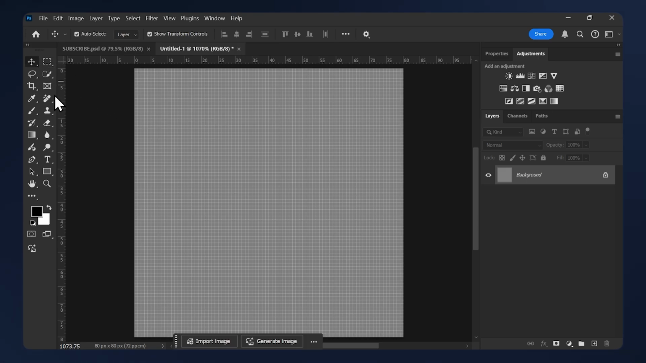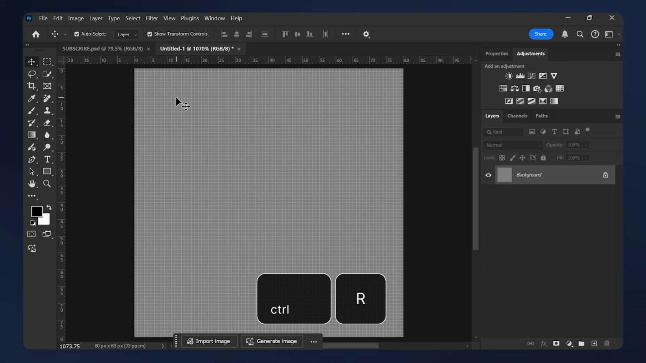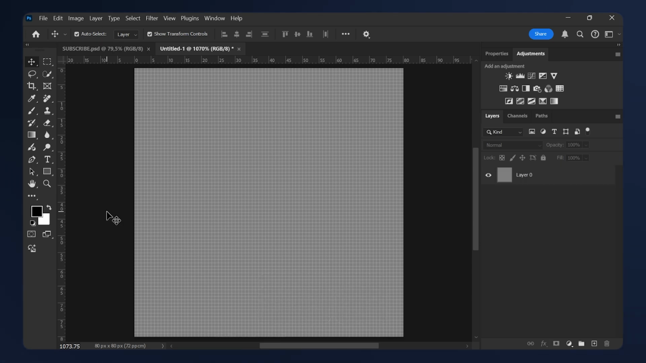We need to bring up our guides here. I already have them up, so if you don't see them, hit Ctrl R on your keyboard or Command R. Now we need to drag a vertical guide, just hover over them, hold left click and drag. The canvas is 80 by 80, so we need to put it in the middle, so that's 40 pixels. We need to do the same for the horizontal one, so just drag one until it's in the middle, and